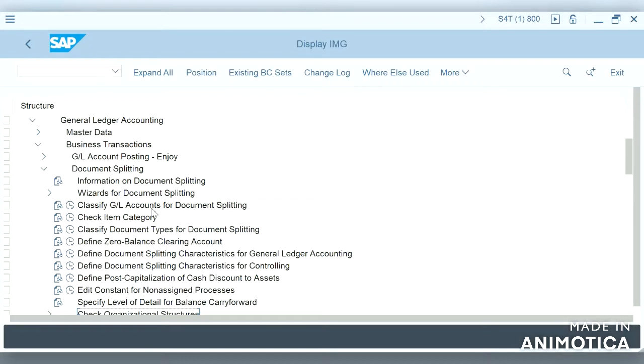We will check what characteristics we define, and based on them how it will split the document. Often this function is used to get the financial statements correctly for segment reporting.